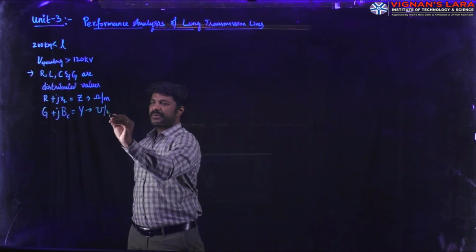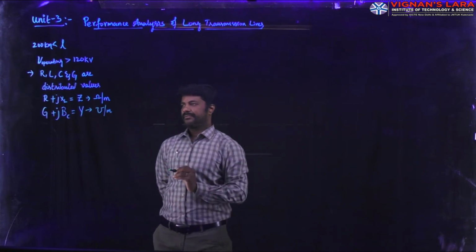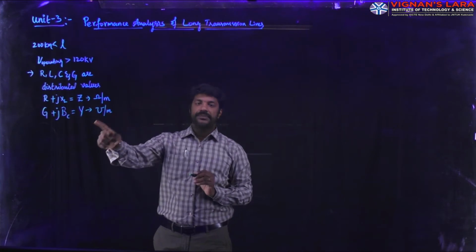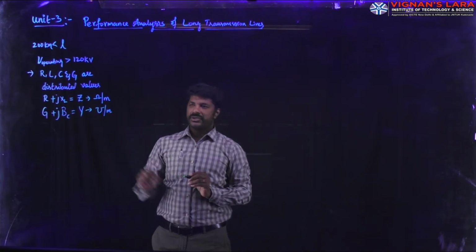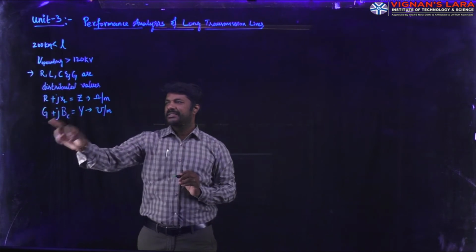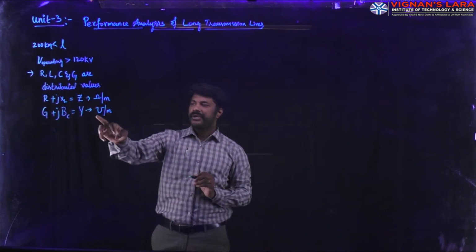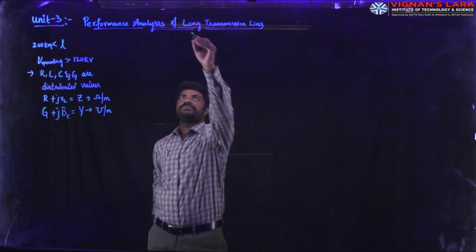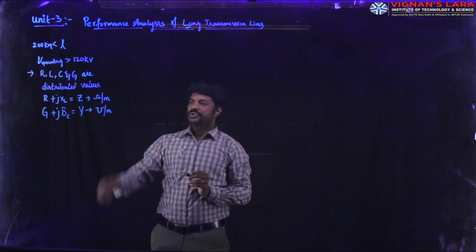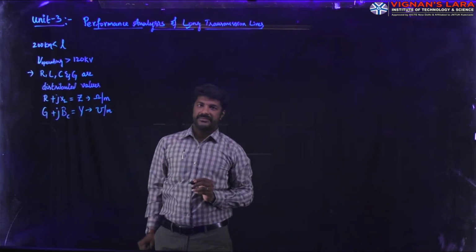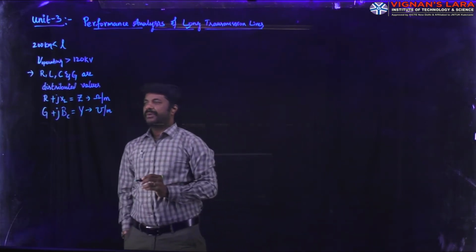It is also represented per meter length. I mean to say that per meter length is nothing but a distributed element. So Z and Y, the series impedance and shunt admittance, are both distributed elements in the case of this long transmission line, shown in their units as per meter lengths. So distributed elements are used here.